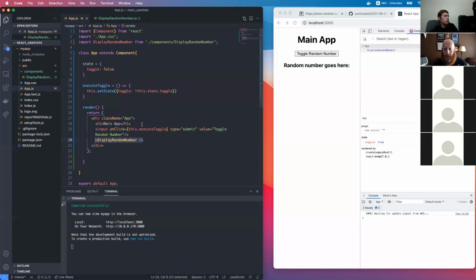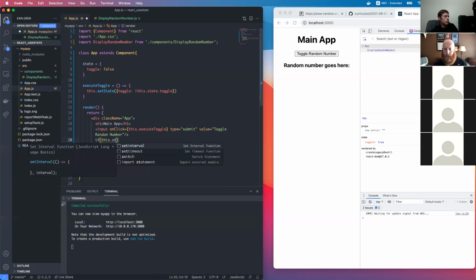You could put an if statement right after the input, and you could say if this.state.toggle, open bracket, then display random number, else